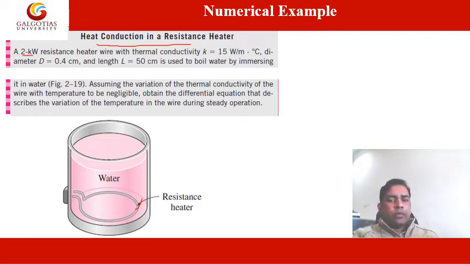Okay, so this is the capacity of the resistance heater, which is 2 kilowatt, and the thermal conductivity is 15 watt per meter per degree Celsius, and the diameter is given as 0.4 centimeter, and length is given as 50 centimeter. We have to calculate the amount of heat generated. Assume the variation of thermal conductivity of the wire with temperature to be negligible. We will obtain the equation that describes the variation of temperature in the wire during steady state